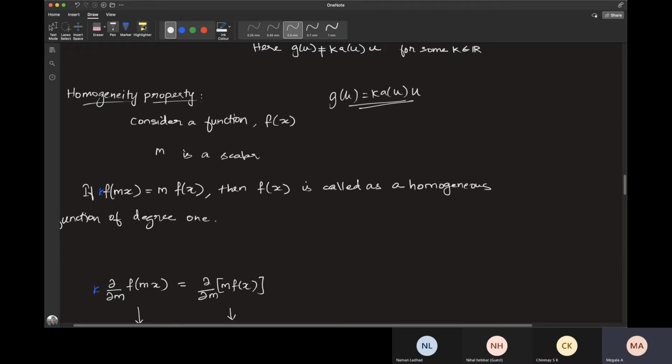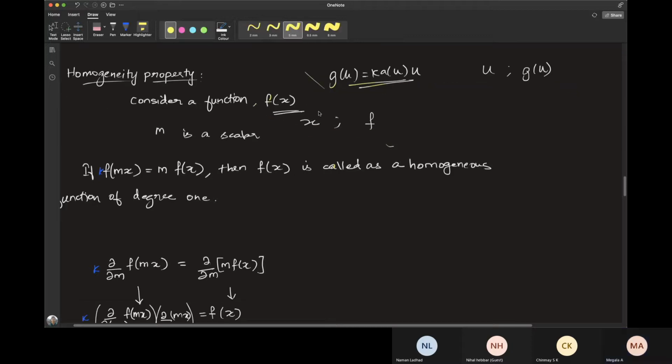So now consider some general function f of x. This is nowhere relevant to the domain that we are in right now. We are in the u and g of u part, so this is completely separate from that. Here we have the variable x and our function f, which is dependent on the variable x. The domain is completely different, but the inference that we get from here will be used for this. Okay, so now